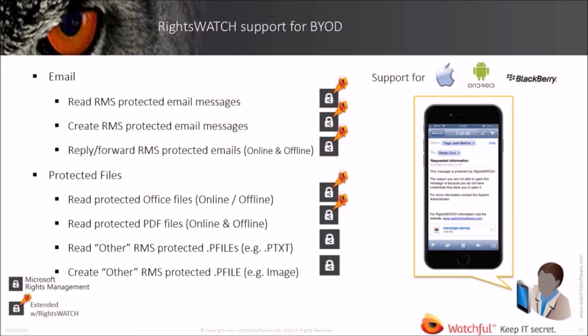And what RightsWATCH does, it enables companies and enables an information security policy to be put into practice. And let's break that into small pieces to be a little bit more digestible. What we mean by applying an information security policy. First, you need to identify what is sensitive data from what is not sensitive data. Most of those devices are just devices that the user also uses to log into Facebook or to send an email to someone else or to chat on Twitter or whatever, and that is sometimes not sensitive information, at least most of the times.